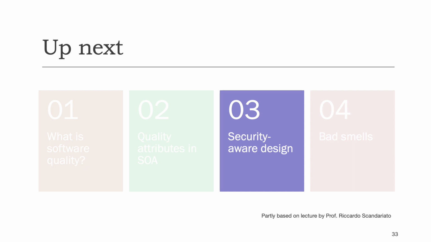Welcome back to this lecture on designing for software quality. Up next, we will zoom into one of the quality attributes in particular, that is security. Security by design is a term that is often used in organizations and in the academic literature as well to describe all the methodologies, methods, and techniques that are used to think about security early on and continuously. The idea comes from the fact that if security is ignored and the product is shipped to production with major security holes, it can cost an organization much more to fix it afterwards than it would cost if they dedicated some of the effort early on.